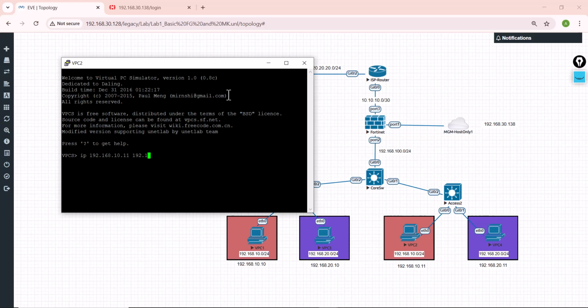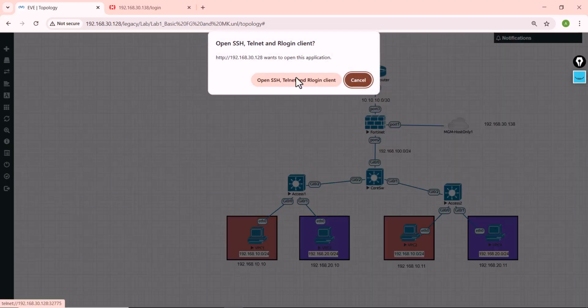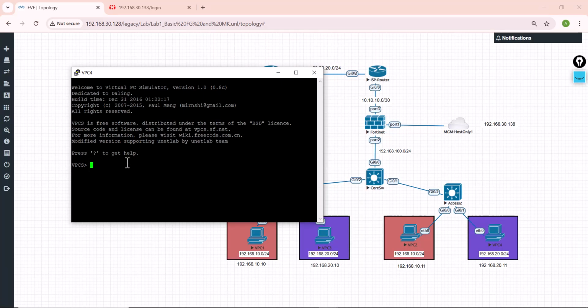192.168.10.11, 192.168.10.1. Okay, now go to VPC number 4, IP 192.168.20.11, 192.168.20.1, and